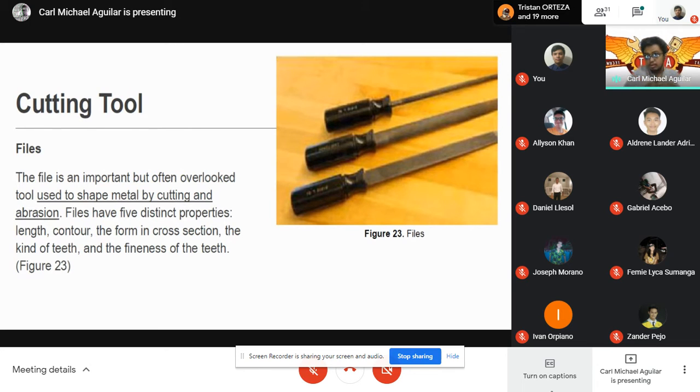So kapag kayo nag-cut or nag-assess ng isang plate and yung gitna is bubutasin ninyo, yung tendency nun kapag hindi siya na-file nang maayos is magiging rough yung edges niya. So para ma-correct yun or para ma-soften yung edges na yon, we are using different types of files intended